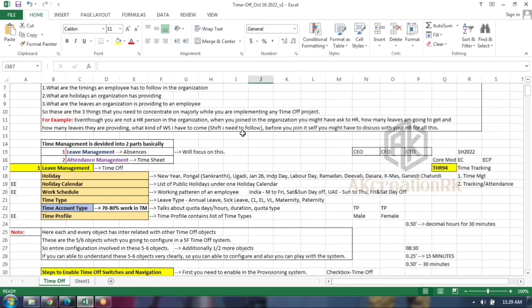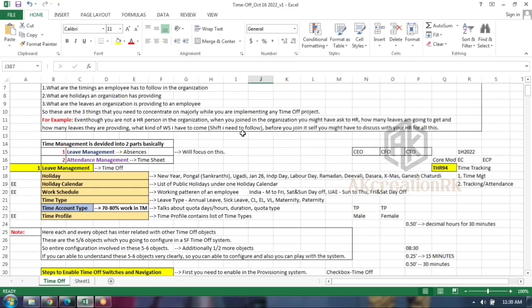You mention very clearly to your HR BP or your HR manager: boss, tell me all the timings, what kind of shift you are looking for. As of today, you mention very clearly, I'm comfortable with general shift only, or first shift or second shift. I'm not comfortable with the night shift. That is the work schedule. Then, are you going to offer any kind of leave system or options? Then they will mention very clearly: in my company, as per the policy, annual leave 24 days, sick leave 12 days, casual leave 30 days you are going to get.